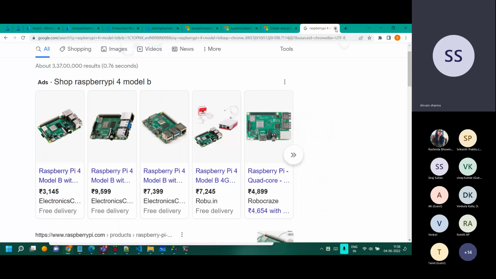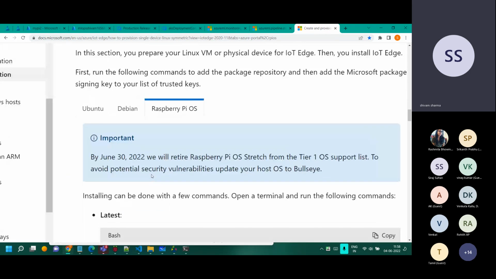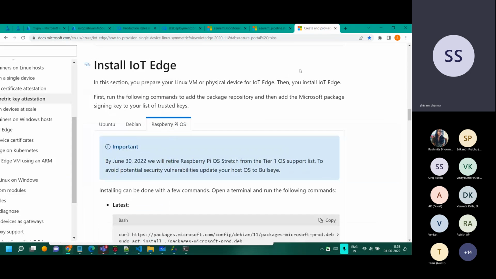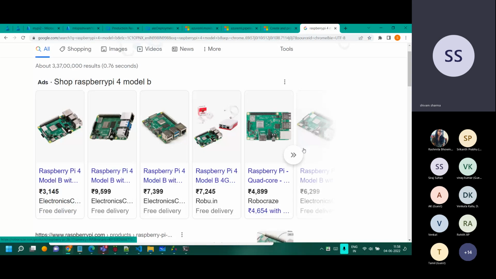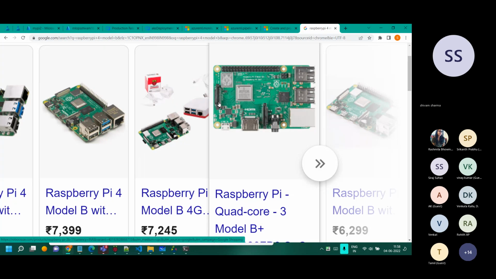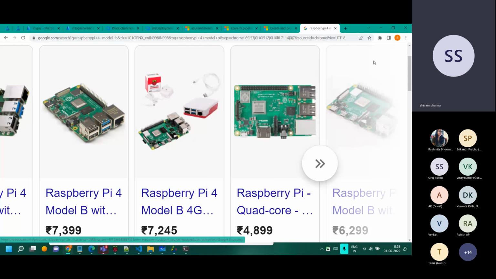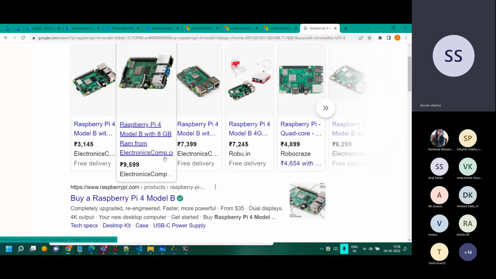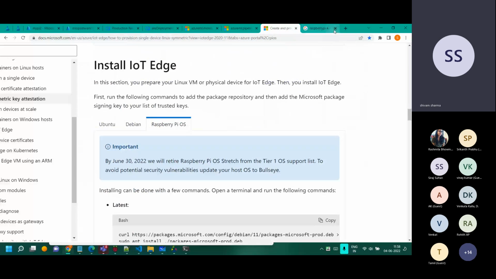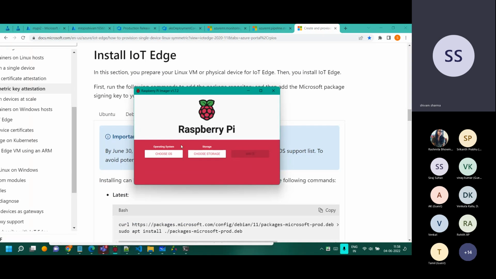What you have to do is, you need to have the operating system over there. So if I open that same link again, you see this image. You see the back side of it. Basically, that's where the SD slot is. You have to put the SD card over there behind it, on the flip side of it. So you basically need to have the Imager with you.